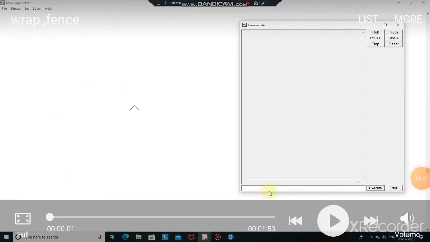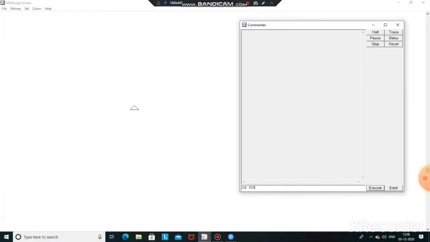Now we are going to see how to use this command in our Logo. If I type FD 300, the turtle will move 300 steps forward. If I type again FD 500, it is out of boundary. Now you can see the turtle wraps and comes from the opposite direction. It is rounding the screen now. This is called wrapping. Okay children, now I am going to show you by using the next command.